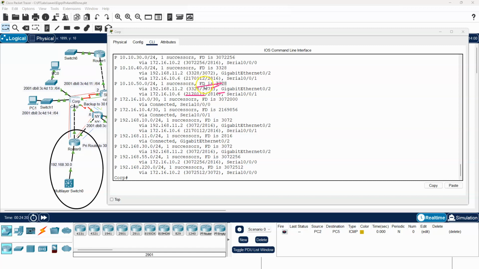So we have the feasible distance, and this is the one that's going to be put into the route table, the best one, the successor route. One successor. The feasible distance is the metric that will go into the route table with it. This other one is just sitting here waiting. If the successor route fails, this is a feasible successor, and it'll automatically go into the route table. No recalculation required,